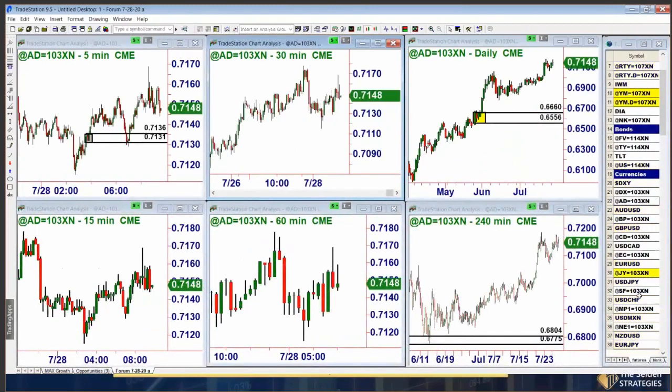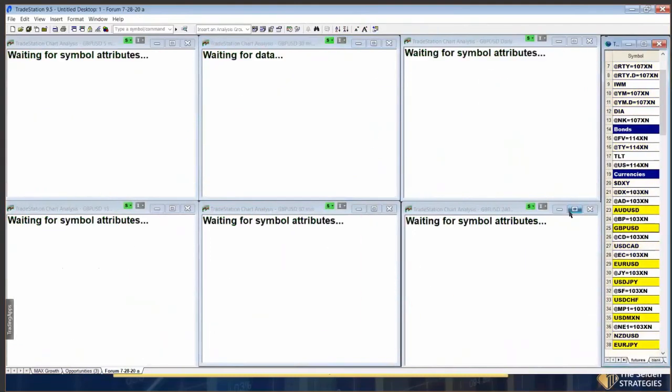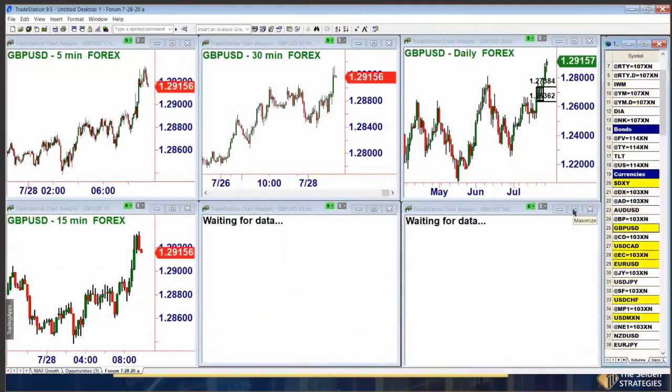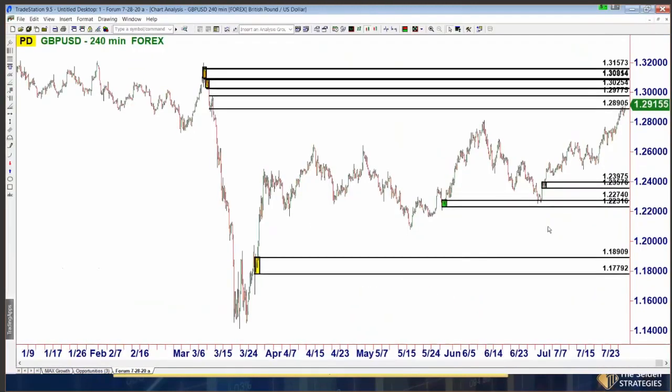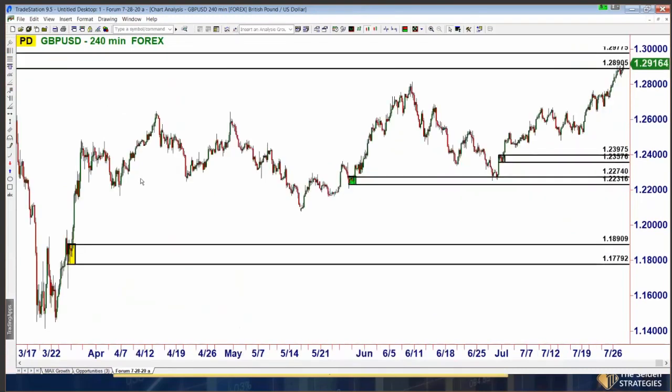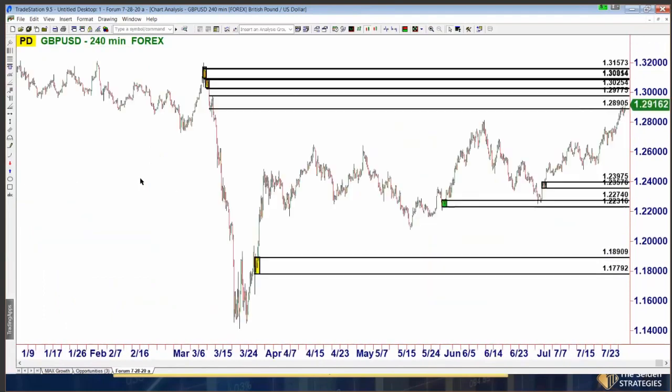Sure, let's go to the pound. Let's go to the spot market. And there we're going to start with the 4-hour chart. So let's do that. Okay, because price is just today getting into an area of supply that we have been looking at. Okay, we can see,